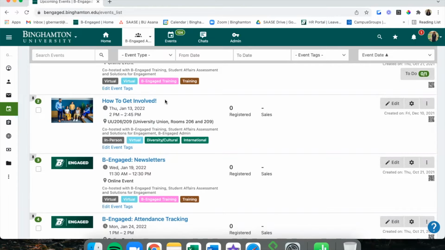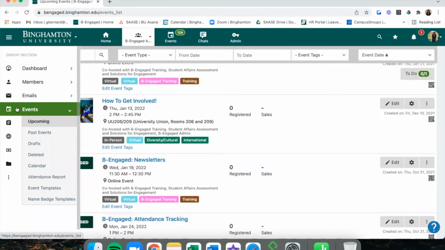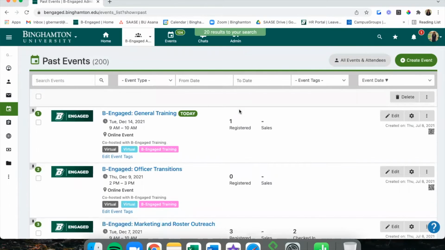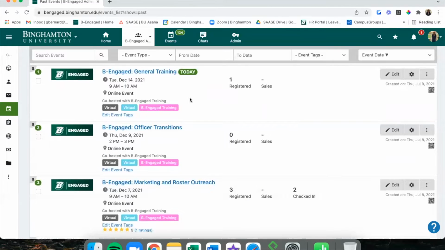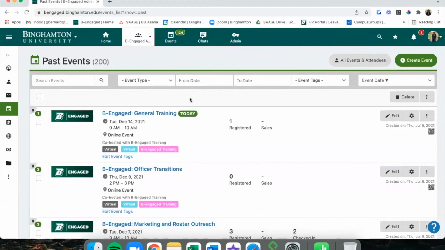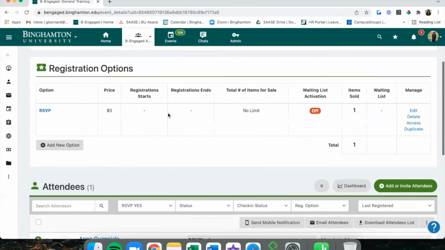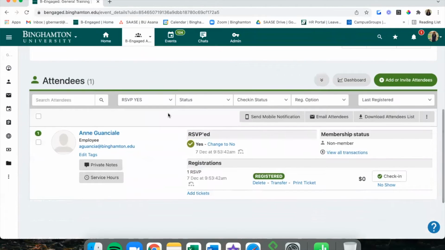If you're added as a co-host, or if you add other groups as a co-host. And the last event feature we'll talk about is retroactively adding to events. So events that have passed. Past events have their own section under the events dropdown. And you can see that past events all look like events that are upcoming as well. So the interface is exactly the same. If I click this event, which is a past event, and I go to this manage page, the back end of the event, it looks exactly the same as our upcoming event did.